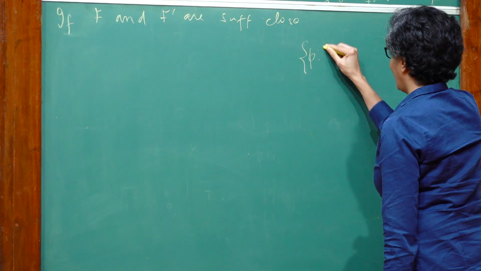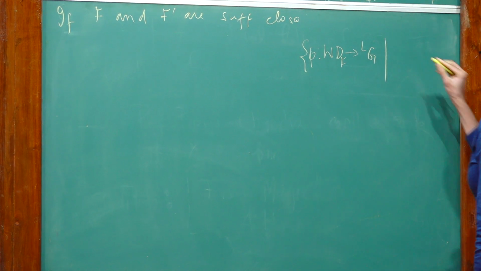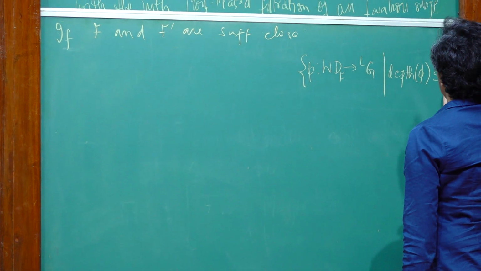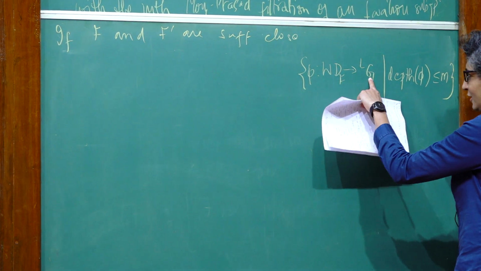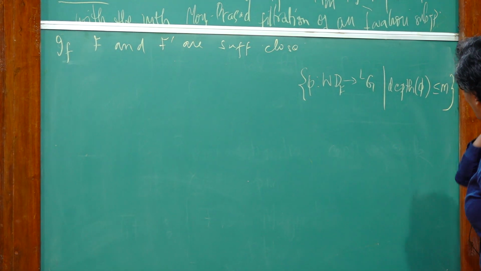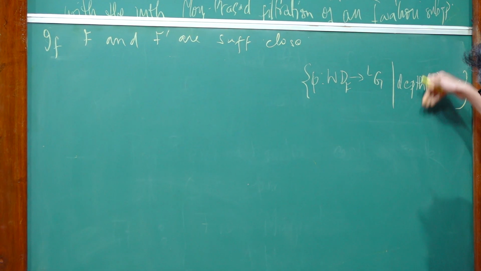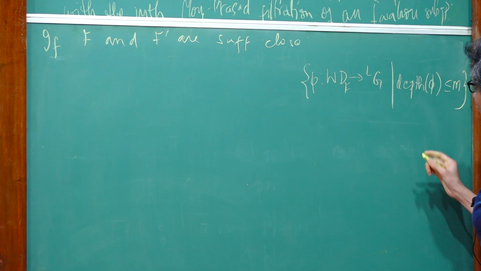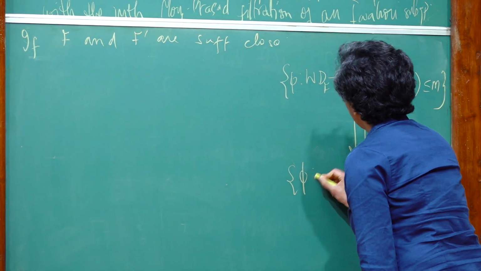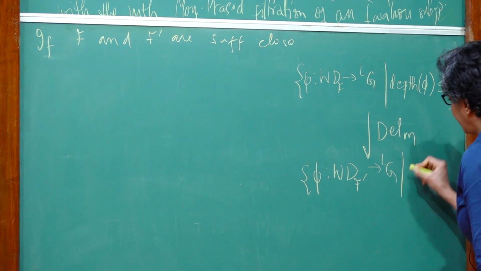On the one hand, this is the Weil-Deligne group of F, and this is the L-group of G, and you look at the admissible homomorphisms from WD_F to LG, whose depth is less than or equal to M. On this side, depth is defined using the upper numbering filtration of the inertia, and then you have a map from WD_F prime to LG such that depth of